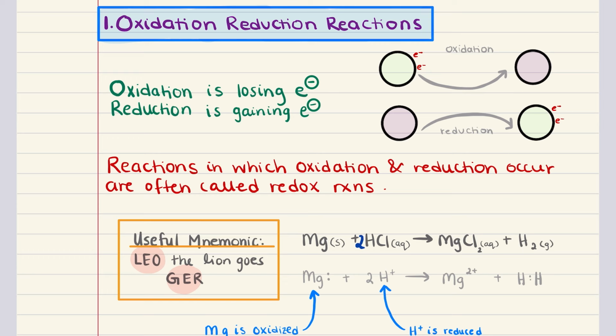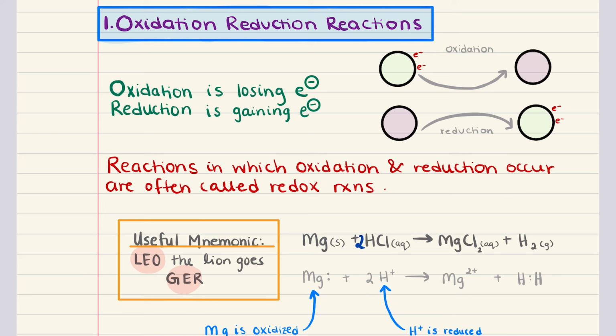Reactions that involve the transfer of electrons from one chemical species to another are classified as oxidation reduction reactions, also known as redox reactions. At their core, these reactions embody the principle of the conservation of charge, which states that electrical charge can neither be created nor destroyed. This fundamental law means that an electron lost by one species must be gained by another, ensuring that oxidation and